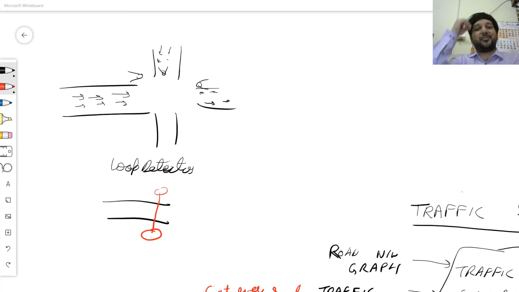There is no vibration. So these are called loop detectors, and my loop detectors continuously measure the number of vehicles that flow with time, and they continuously keep a log of how many vehicles are passing by at different points of time. So again I know what is the flow or the number of vehicles at different segments of the road at different points of time. Luckily, the loop detectors, although they are installed at the intersections only so that they can be integrated with traffic light, in general they can be installed absolutely anywhere else.